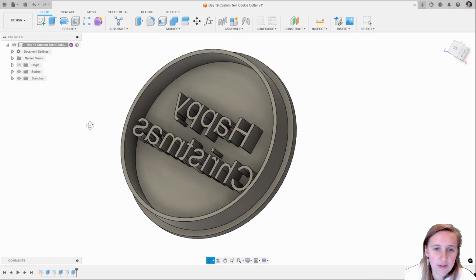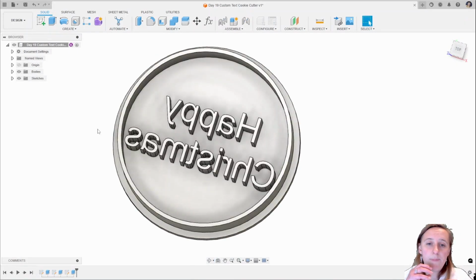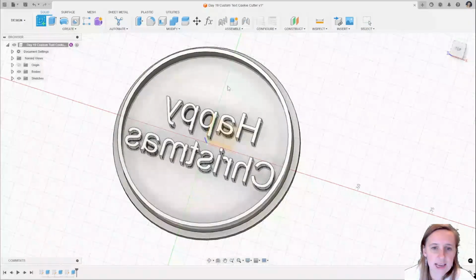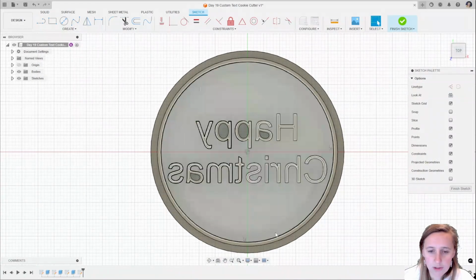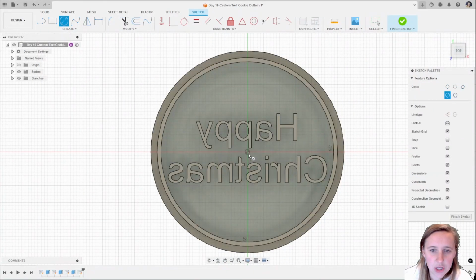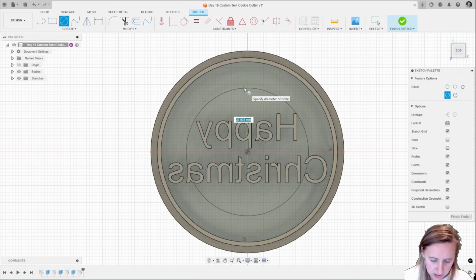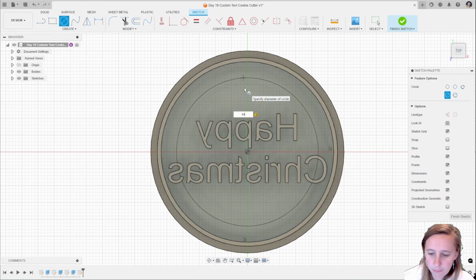And then the final thing we do, so if you were to use this cookie cutter as is, it's quite hard to get the biscuits out. So we're just going to add in a sketch on this profile here. And I'm going to essentially cut out some of these profiles to help cut through the biscuit. So creating a circle. I'm going to do that a diameter of